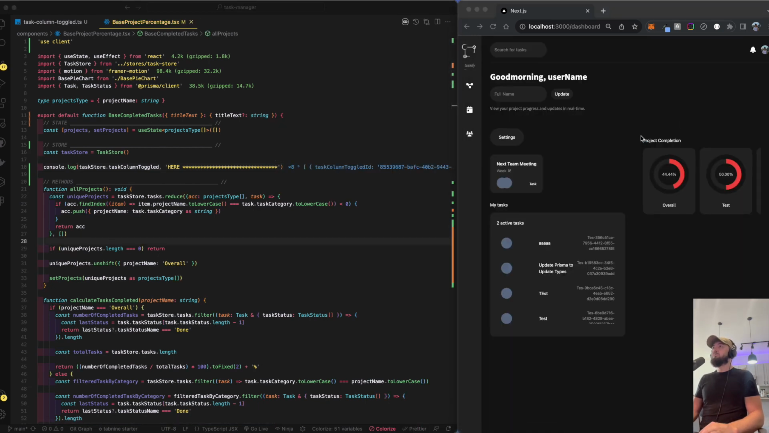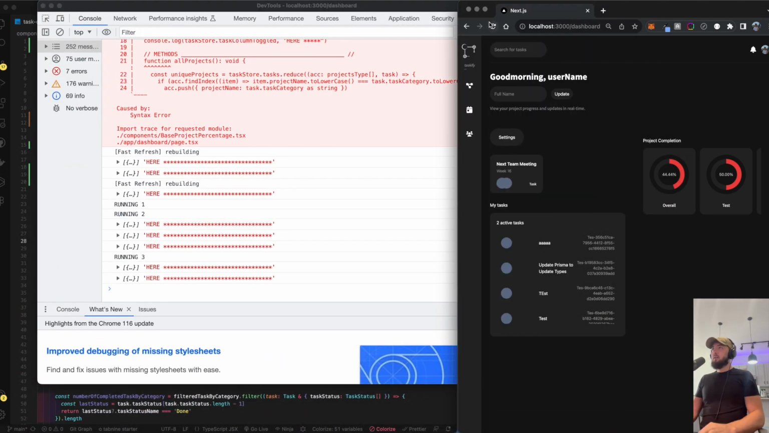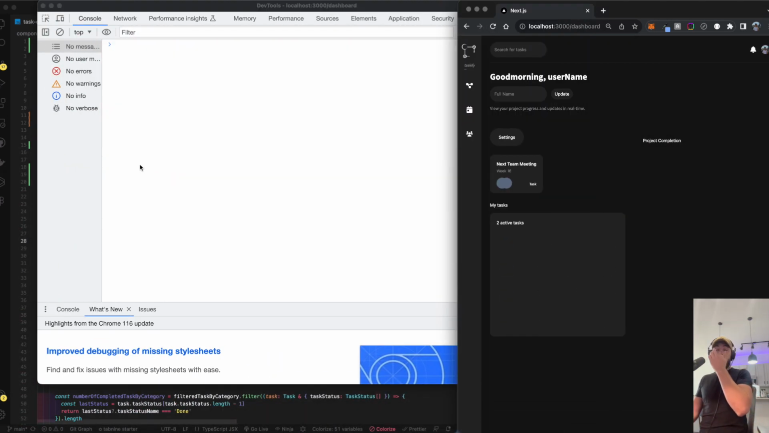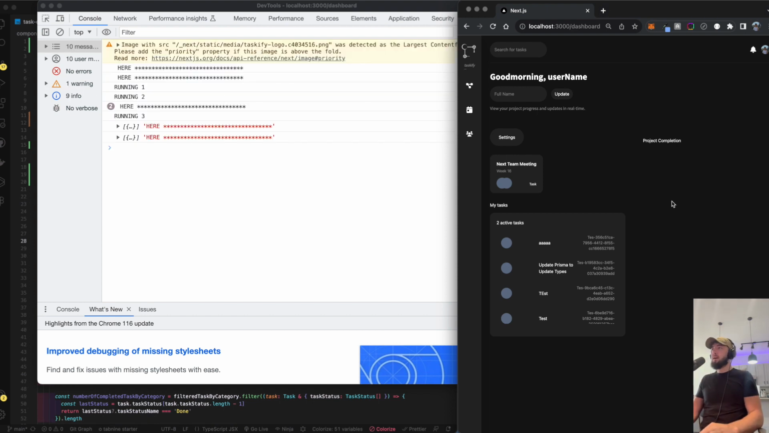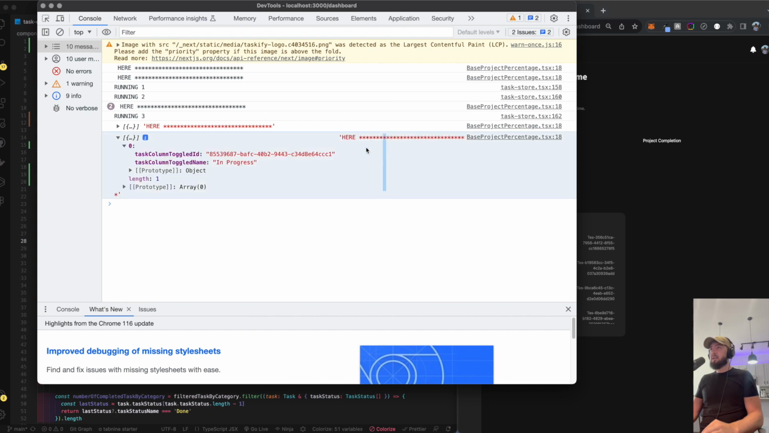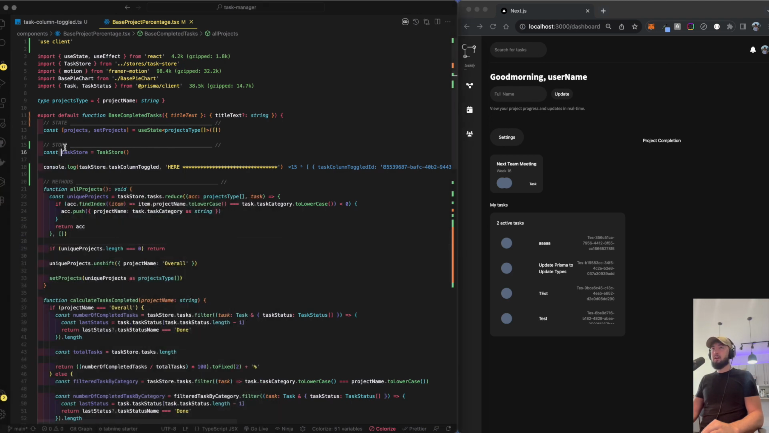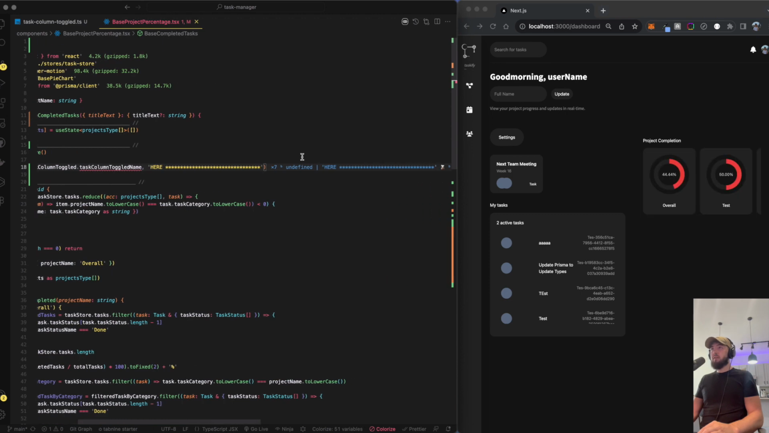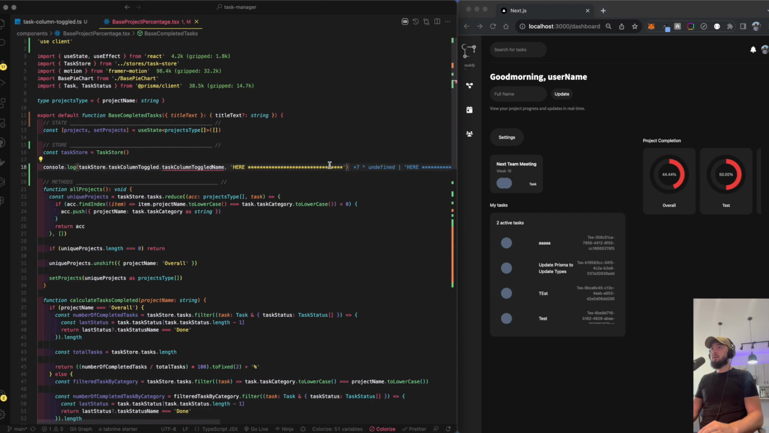And boom. I've got my console on the left side. Because we should have to say task column toggled dot this name for it, right? So boom, here's our object coming in and we want the name. So let's go ahead and pop that name. I'm stealing that. And we're just going to say dot task toggled name, just undefined, and then it should pop up. Huh. Why is it